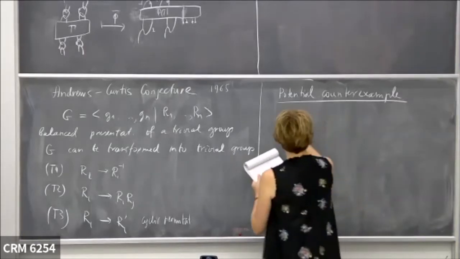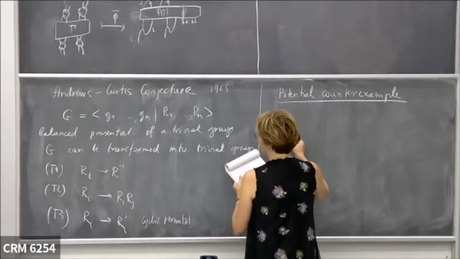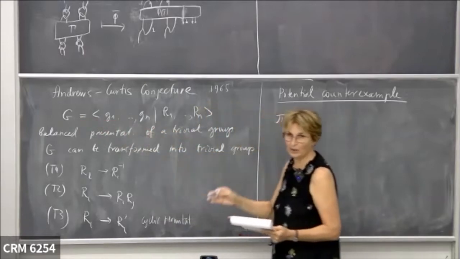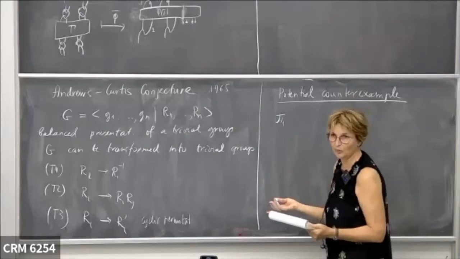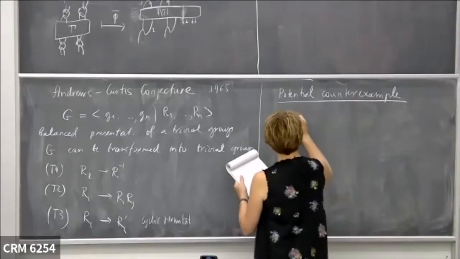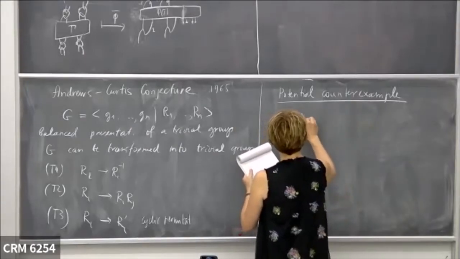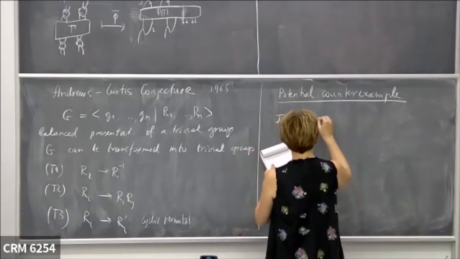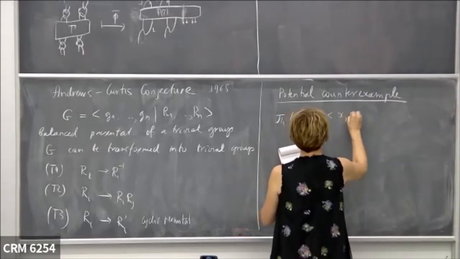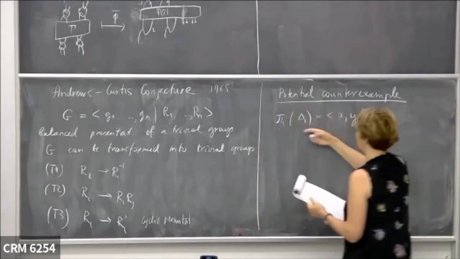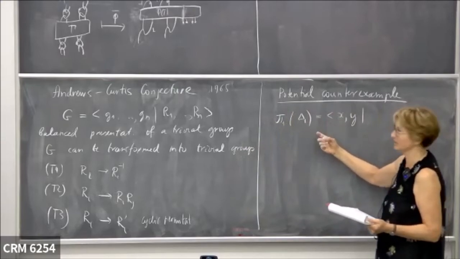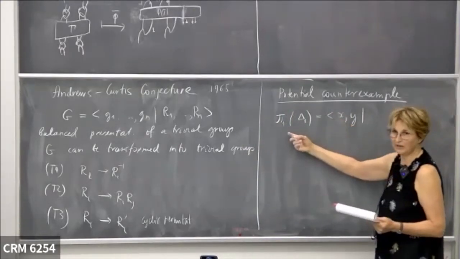For example, a big source of such trivial groups are pi1 of some CW complex, the so-called Akbulut-Kirby four-ball. They can give you a presentation. They have a Kirby diagram, and we have it in our paper; you can look there. There is an explicit Kirby diagram for this